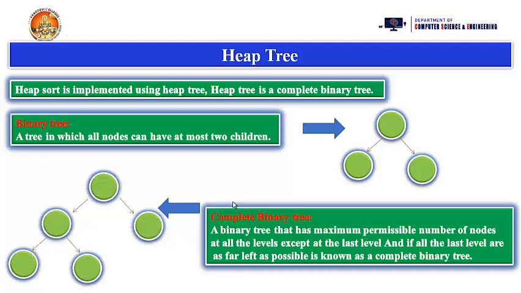So how can we say that the tree is a complete binary tree? Now see this one. Suppose I want to store the data: after storing the data in the root node, I go to the left child of the root node. After filling the data in the left child, I go to the right child of the root node. The root node is in one level and the children of the root node are in some other level. If this level is completed, then we need to go to the next level.